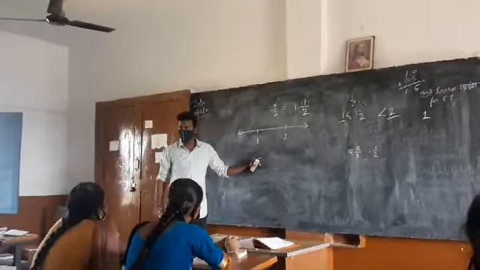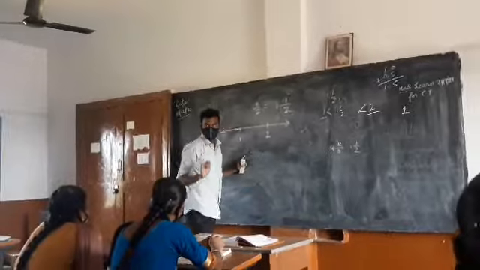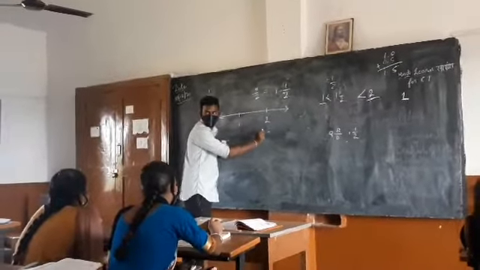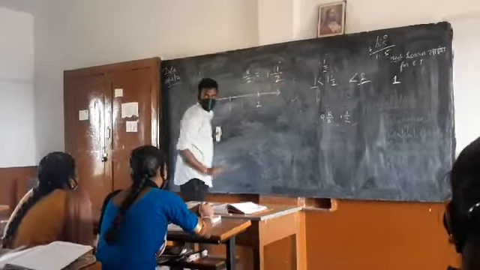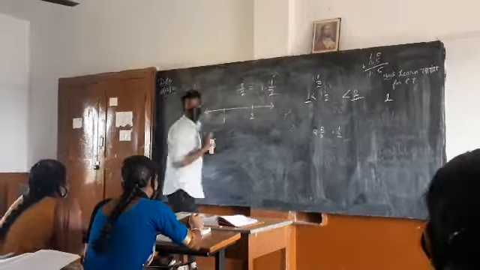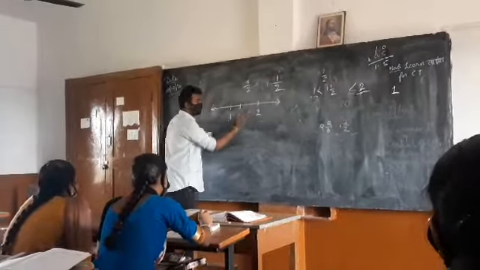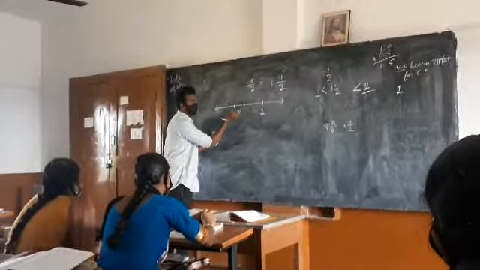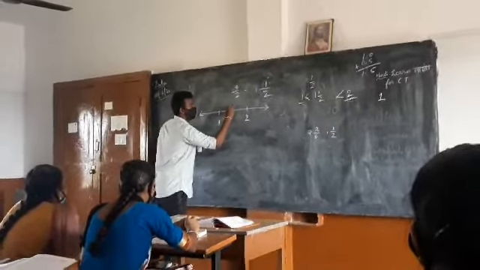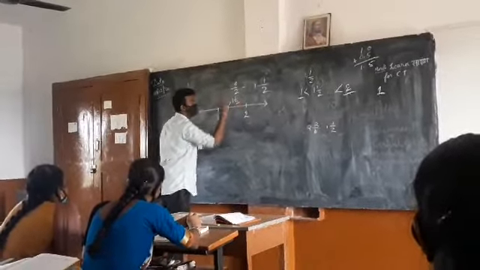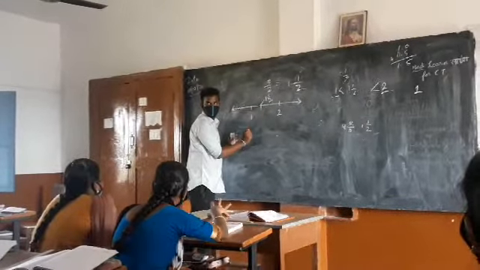That is the very reason. Understood? Now look at this fraction 1 1 by 2. It is lying between 1 and 2. So look at this and make 2 divisions according to the denominator. That's all, between 1 and 2. 2 divisions are formed. Understood? This will be 1 1 by 2.